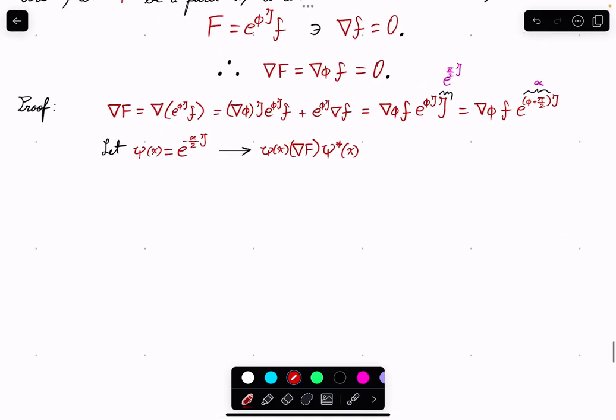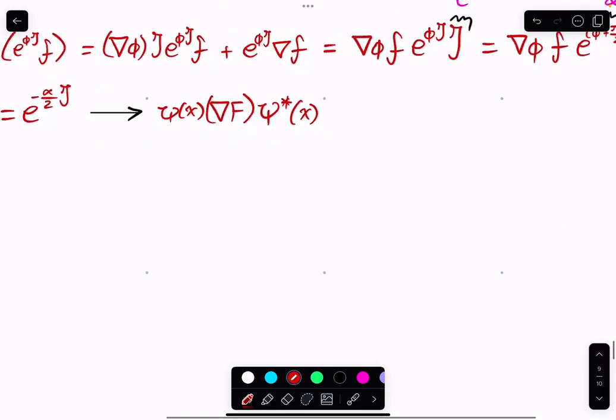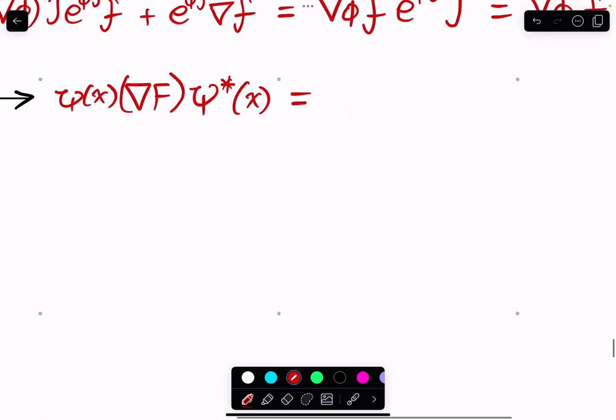But this phase rotation is still equal to 0, but we can actually have this commute with this vector, because this is a vector, so this will anti-commute with the